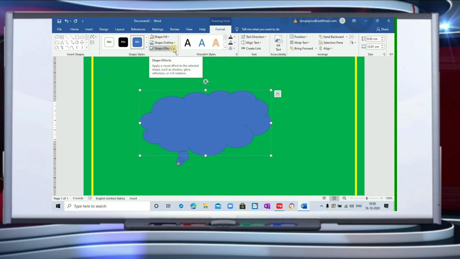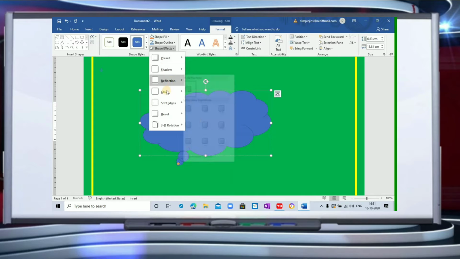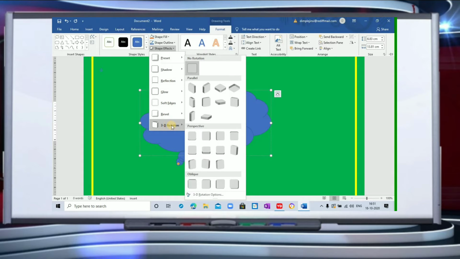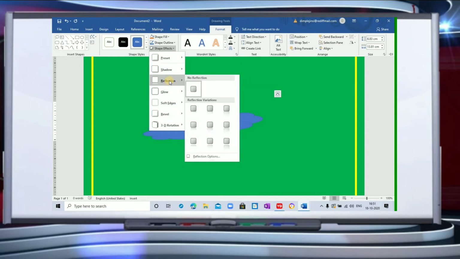So if I go to shape effects, let me click on this. See, there are so many effects for your shape. If I go to 3D rotation, I will have these options. If I click on these, you will find there is a change in the shape also. These are the 3D effects given to your shape. If I go to reflection and click here, you will see a change in your shape as well.